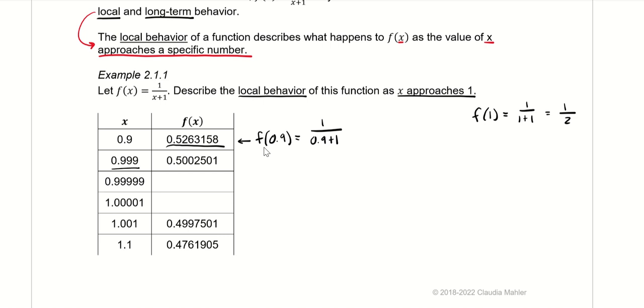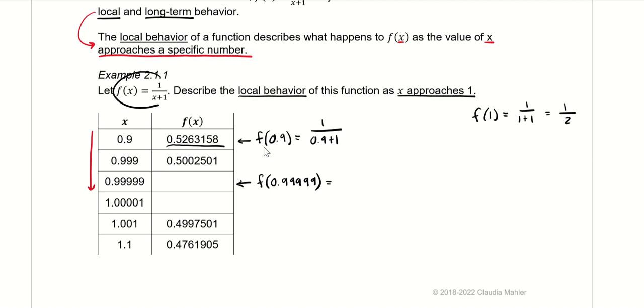Same thing for 0.999. Let's do one that's getting close. So again, we're trying to approach 1 here. Notice we're getting closer and closer to 1 with these first three values of x. So to fill in this missing cell here, we are finding the value of our function at